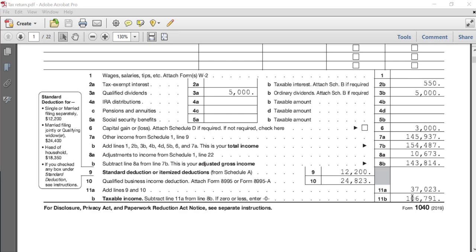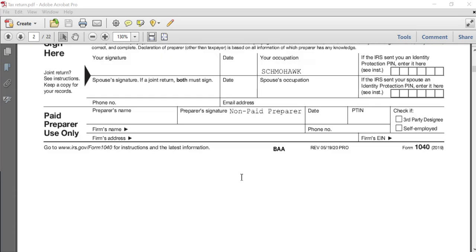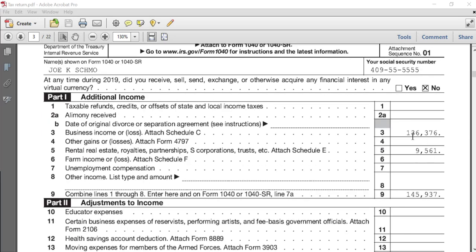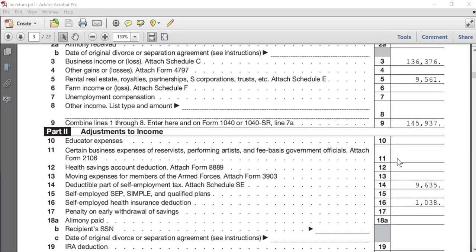So that, of course, is the lesser of the two, because remember, it's a lesser of taxable income or business income. So if we look at his business income, we can go down to Schedule 1. All right, his business income is 136,376, but then we remove these amounts. So these have to be removed from his business income to come up with the 20% number. So if we take 136,376, and then we subtract out the 9,635, and we subtract out the 1,038, we have a base number of